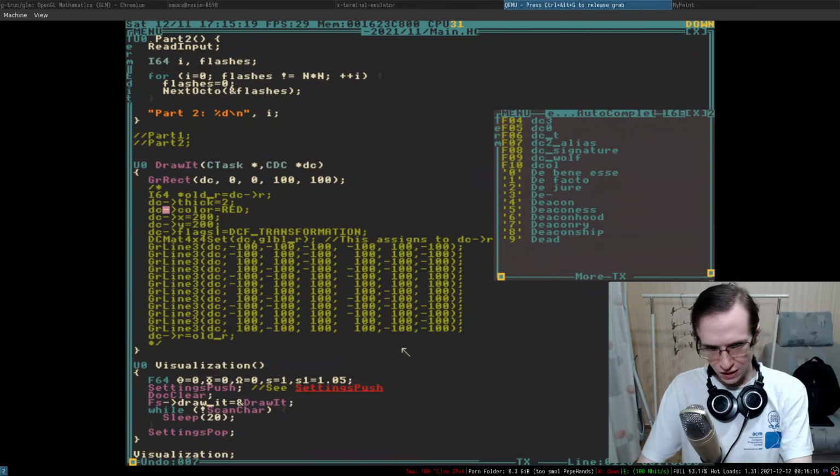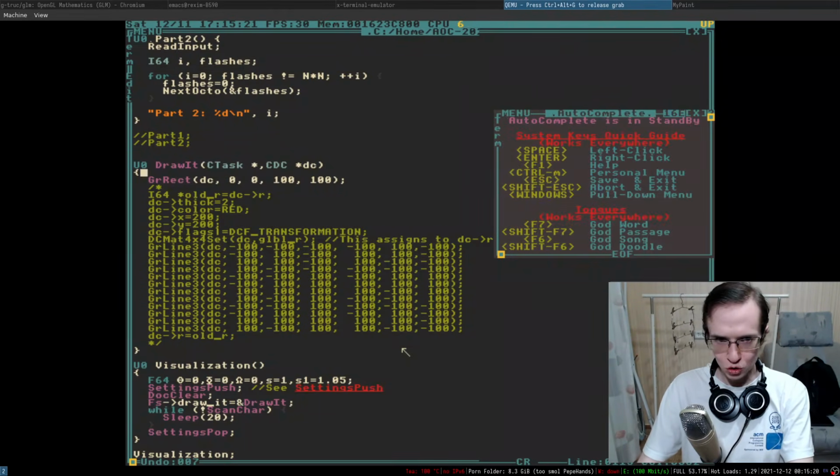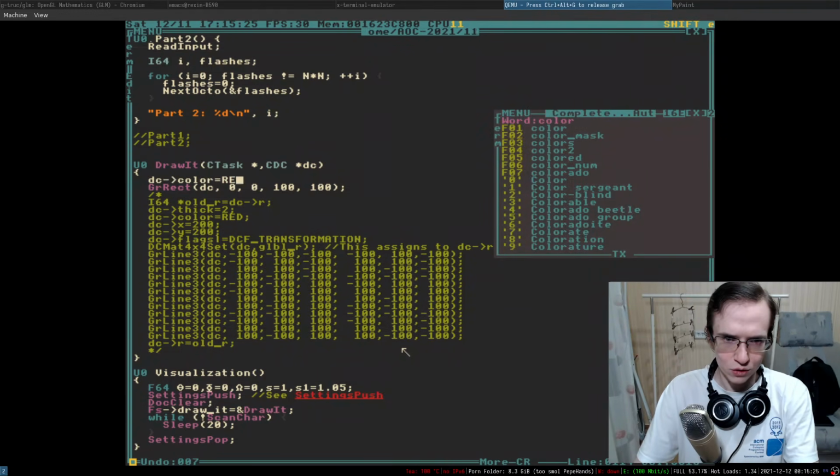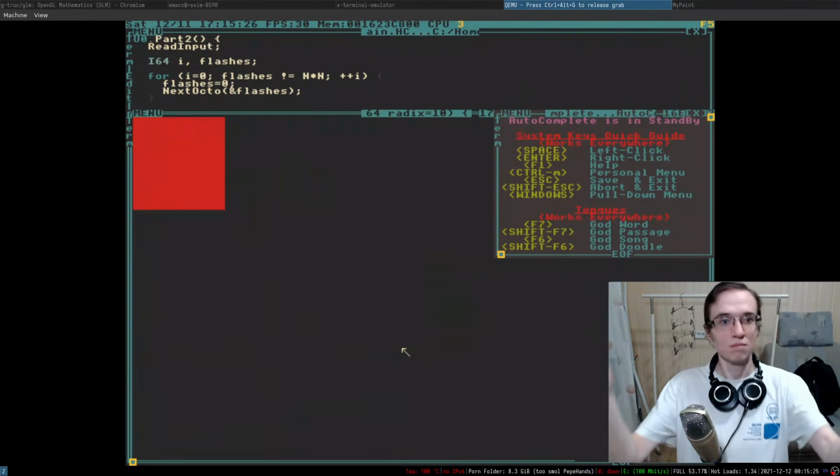So you can also set the current color, I presume. So let's go ahead and set the color to red. So this is going to be color red. And if I try to run that,